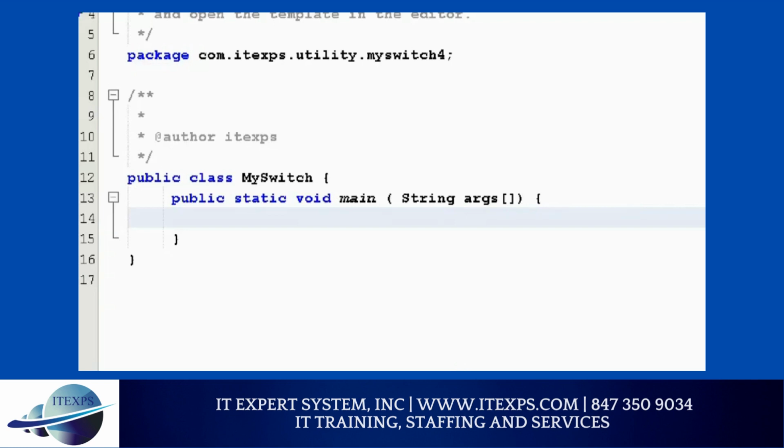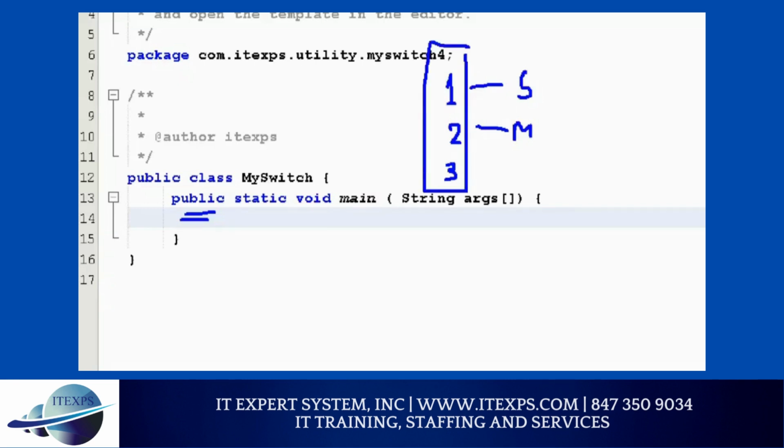Now here I'm going to write a logic. So please understand. Let's say somebody says today is a weekday, and let's say today's weekday is 1. 2, 3 is not descriptive, right? So I will say 1 means Sunday and 2 means Monday. This is a numeric value, yes or no? And we are converting that to spelling. I can write if it is 1, then Sunday, but there are too many if statements. It won't look good. So we can convert it into a switch statement. It is easier because it looks good and it's easy to follow.